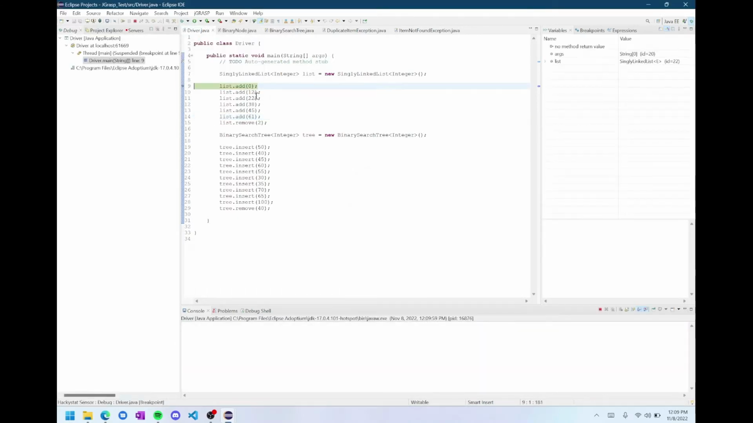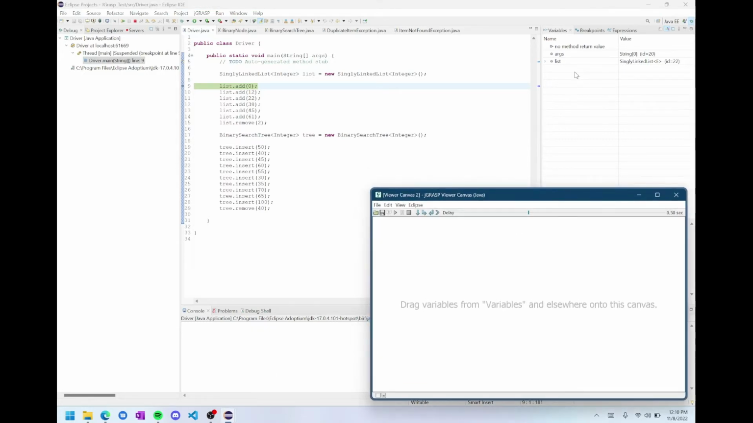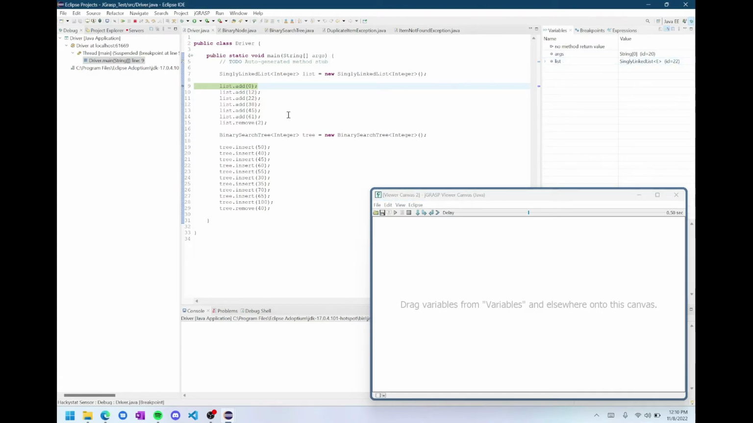Let's debug the driver. This is a linked list. That's what list is. And this is a binary tree. That's what tree is. All right, so let's pop this back up. And then we will start adding to list. So if we step over, we add 0 to list and we add 12 to list, but we can't actually